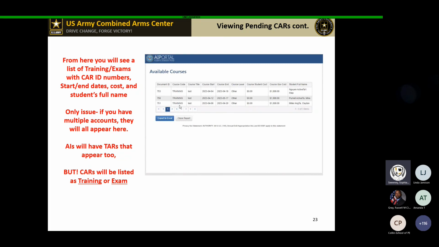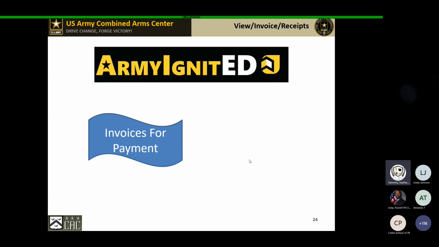What you do need to know is that ours will always say training or exam, okay? So this might not be the easiest thing for you to see. You may want to use the other two options to view who's waiting for CA side, okay? Those are your ways to be able to view all of the pending